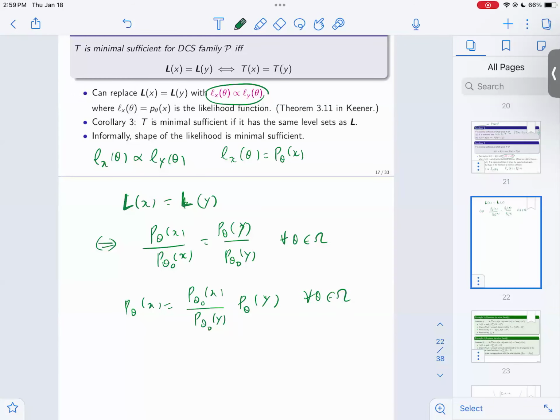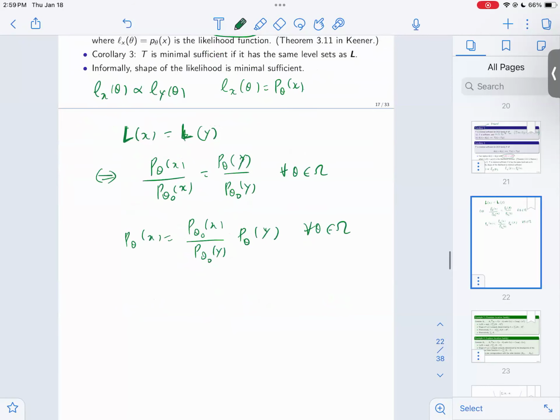If you look at it as a function of theta, this thing is proportional to P theta of Y for all theta. And this is really the likelihood. So you say the likelihood functions are proportional for two of these data points. Whenever you take two data points, if the likelihood functions are proportional, then it means that the likelihood ratios are equal. And so I can say that